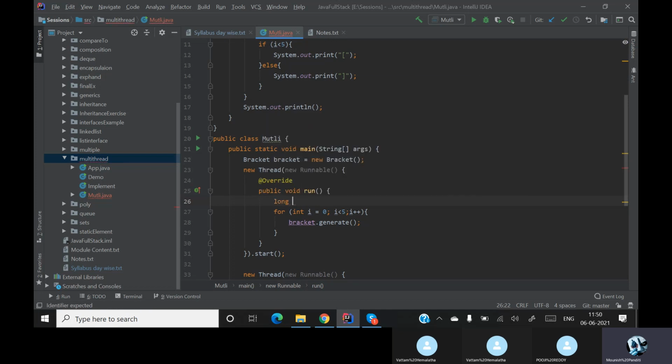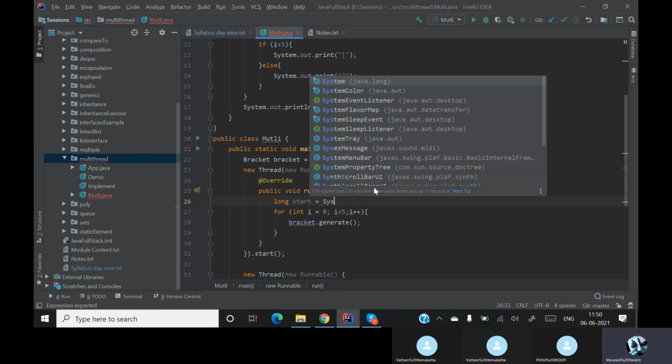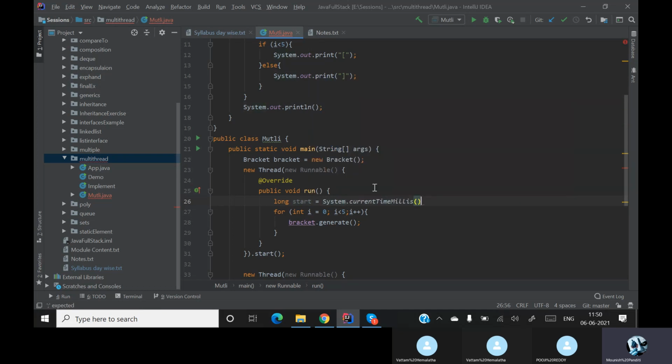Let me say long start will calculate the time taken to run this particular piece of program. This will be my start. I'll copy this, paste it over here, and I'll make this as end, and I'll simply print out my end minus start. Done.